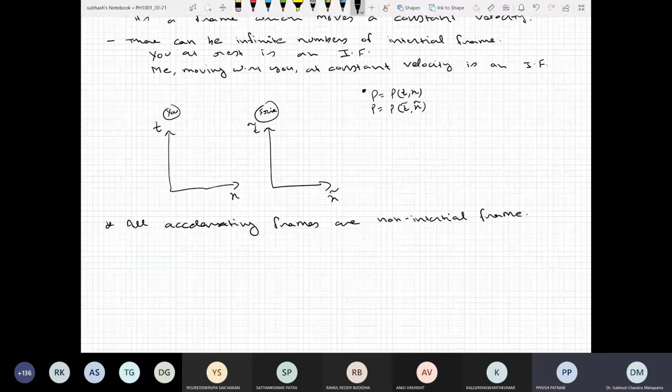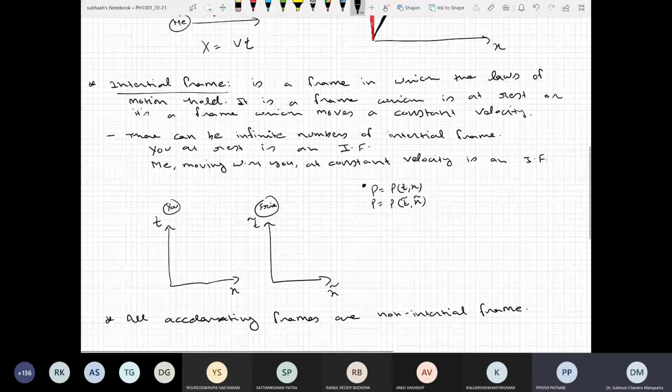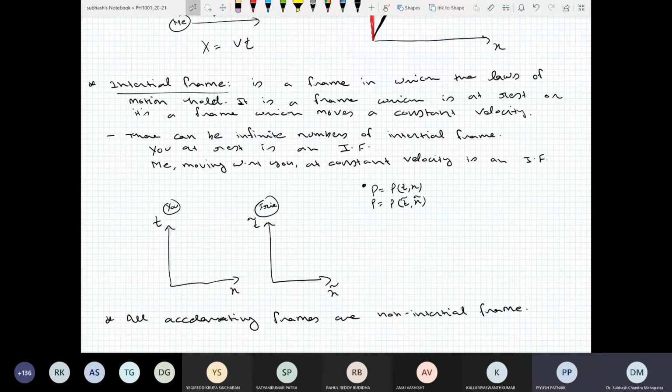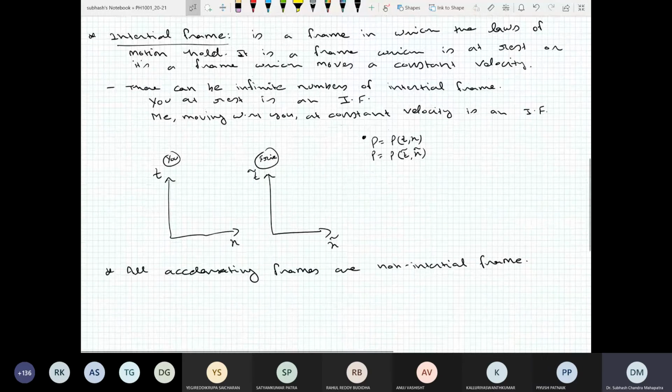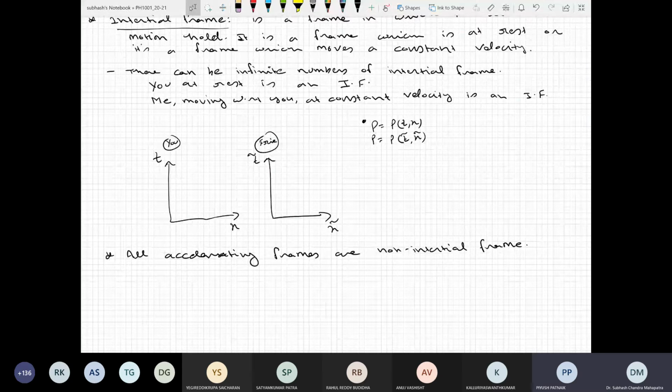So what does it mean? If the equation F equals ma is true in one inertial frame, it will be true in all inertial frames. But that doesn't mean that if the laws of physics hold in an inertial frame, they will hold in a non-inertial frame. In that way, all accelerating frames are non-inertial, because then you can distinguish acceleration, you can distinguish motion. For example,